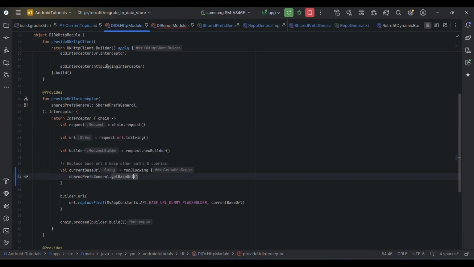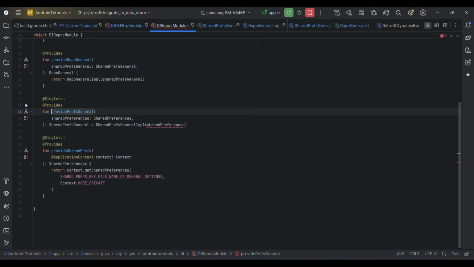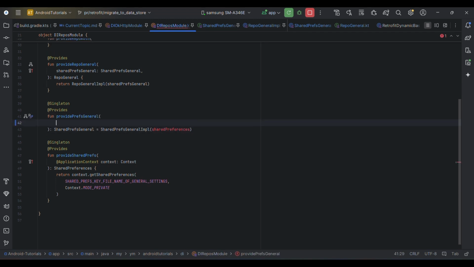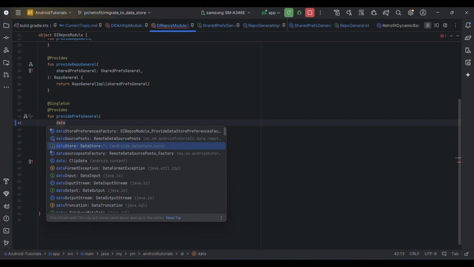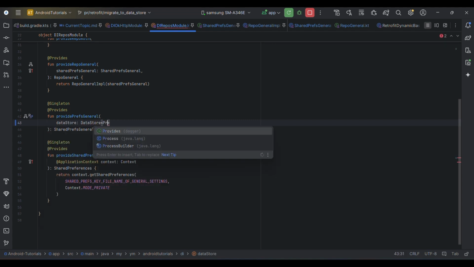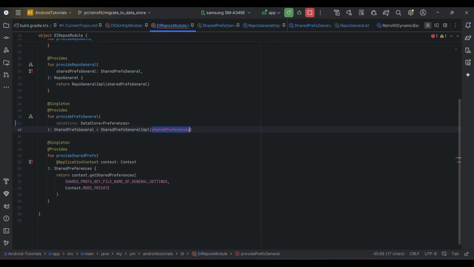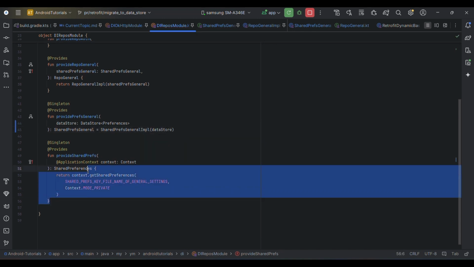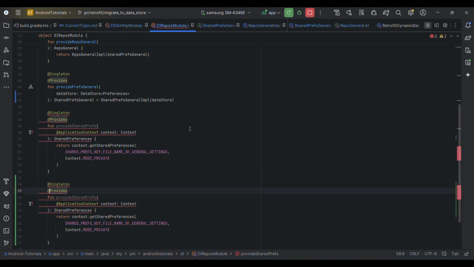When we use the shared prefs general, okay, its instance comes from here, which depends on the shared preference. We need here instead to depend on the data store, but we need to also provide it using Hilt. So we'll make another injection function, and let's say it provide data store preferences. Okay, to provide data store preference,